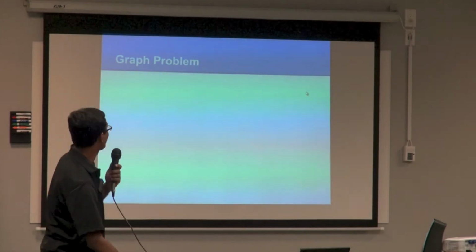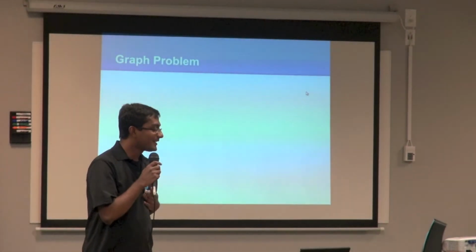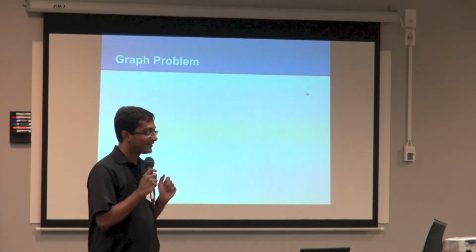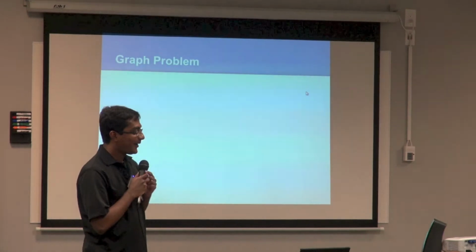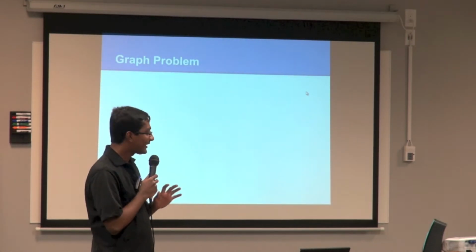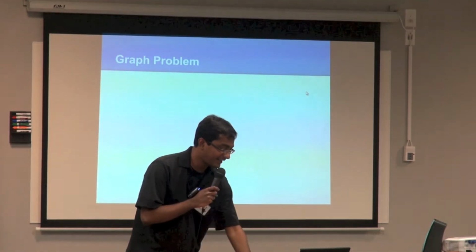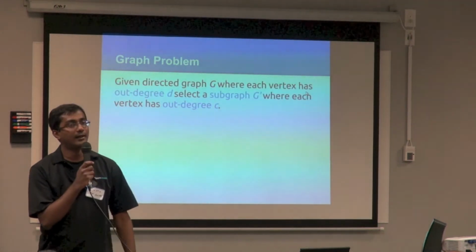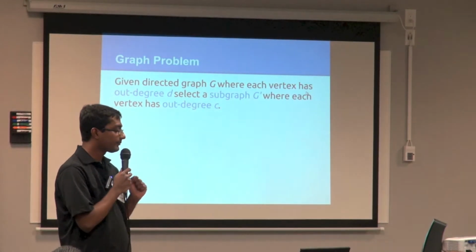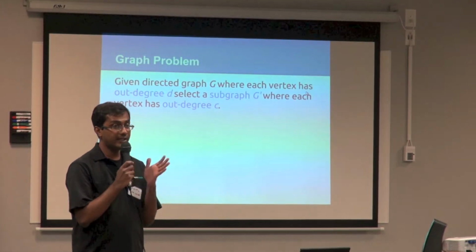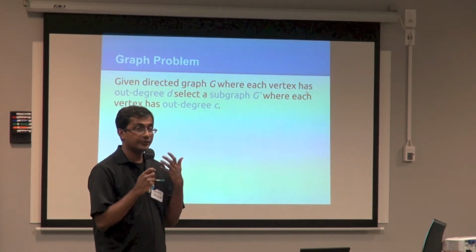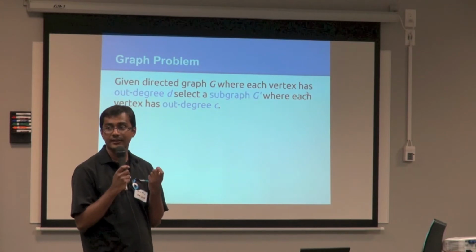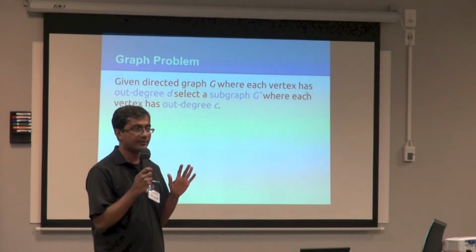Okay, so here's where we're going to start switching gears a little bit. And we're going to go into parts of things where it's probably helpful to recall undergraduate, senior year algorithms classes. But if not, don't worry too much about it. But I think it's a little bit interesting to follow some of the theory. So here's what the graph is going to look like. We have a graph G, where every vertex has an out degree of D. And we're going to try to get a subgraph G prime, where every vertex has an out degree of C, which is less than D. Okay? Same problem. I haven't changed a thing so far.